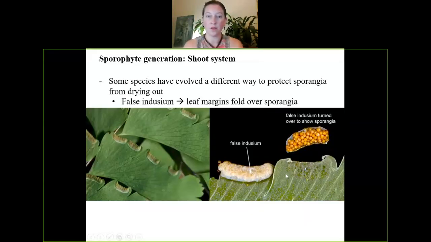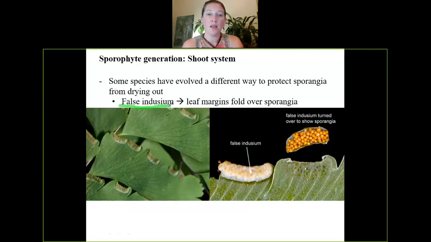Cool. So some species of fern have an indusium. Some species of fern don't. And some species of fern have evolved a different way to protect their sporangia from drying out. It's called a false indusium. And all that is the leaf. So the leaf margins are the edge of the leaf. And so the leaf edge in some species of fern actually folds over the sporangia and gives them that little layer of protection. And we call it a false indusium